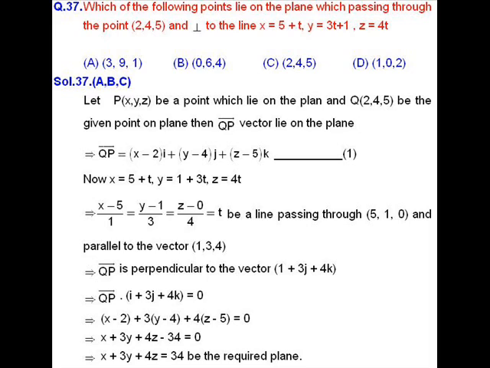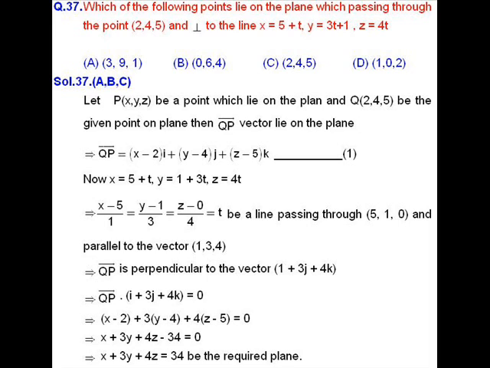So this implies our plane will be perpendicular to the vector i plus 3j plus 4k, because our plane will be perpendicular to the line and the line is parallel to this vector, so that clearly implies our plane will be perpendicular to the vector i plus 3j plus 4k. Now QP vector lies on the plane and the vector i plus 3j plus 4k is perpendicular to